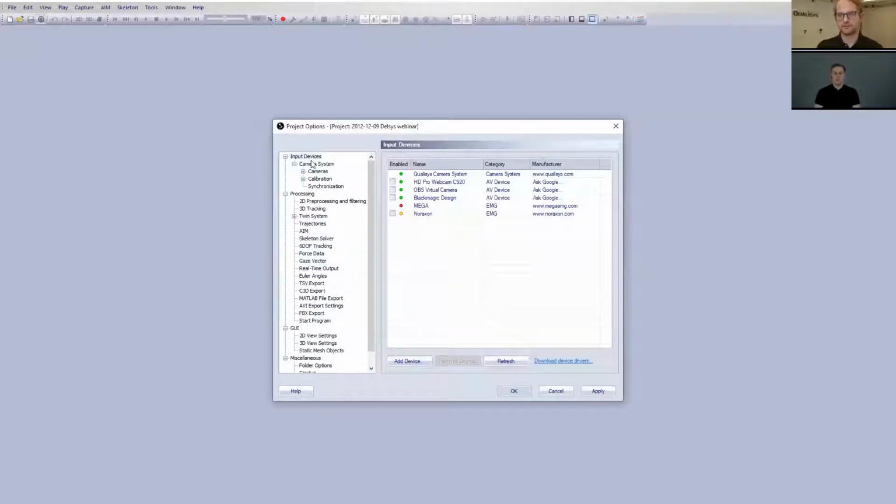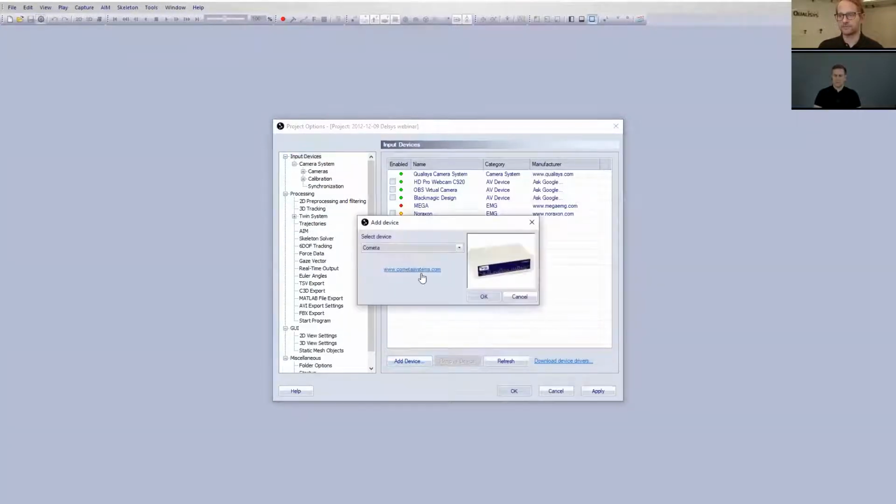So with the hardware connections ready, we'll take a look at the software settings. So if we look at the QTM software, we have this gear icon here to bring up our project options. And if you've used the software before, you know that anything you can control and change within the Qualisys Track Manager software is controlled from here. And the topmost item are input devices. And here I will just say add device. And when we look at this drop-down list, you can see the second one here is the Delsys Trigno API. But just underneath, we also still have the Trigno SDK